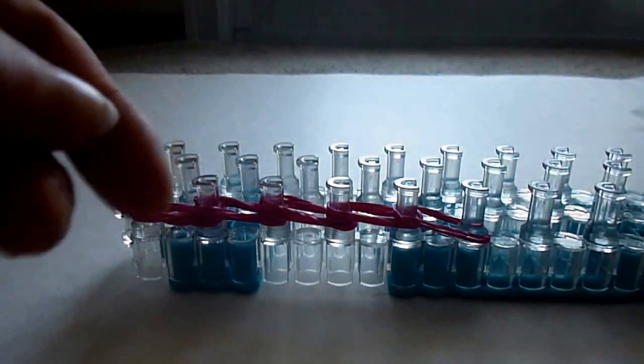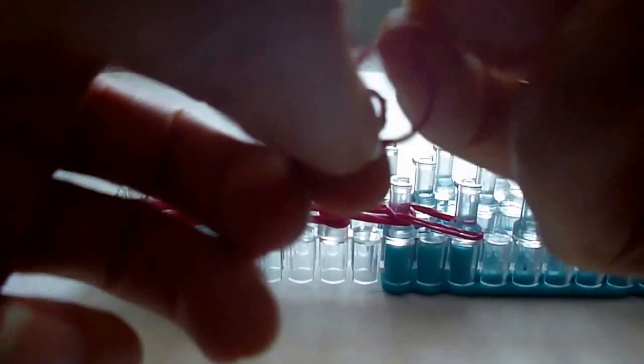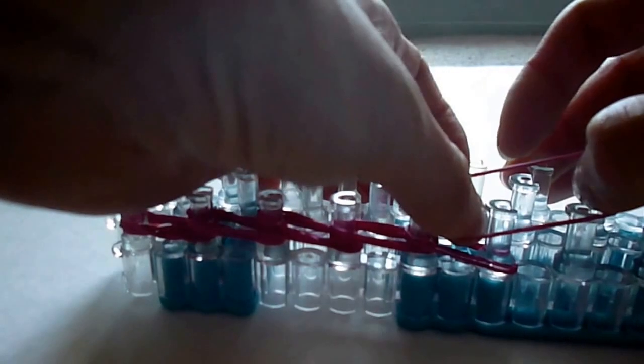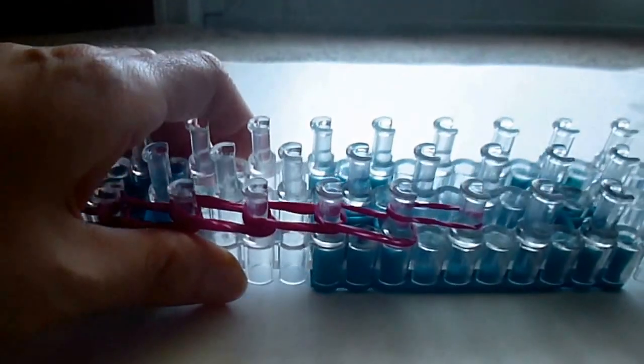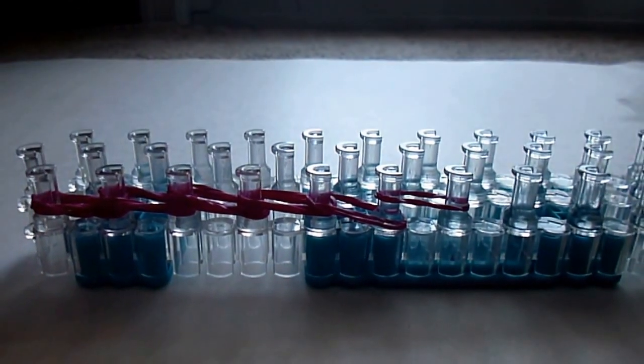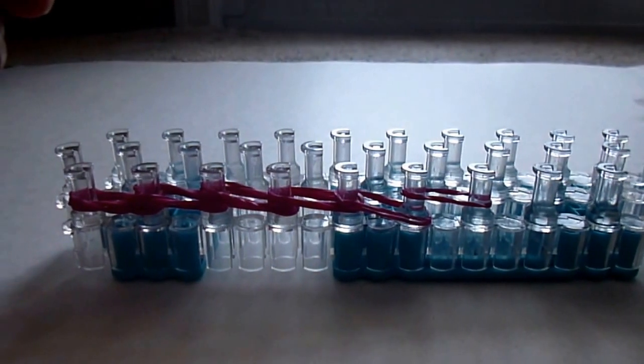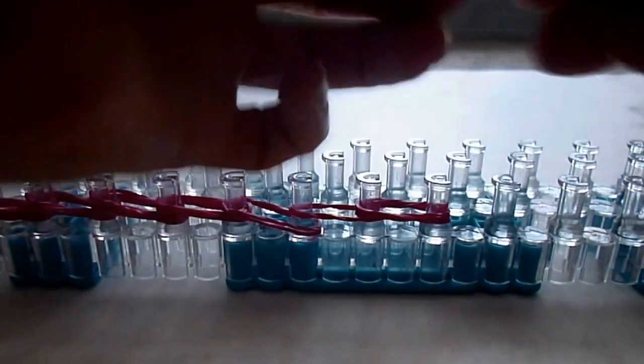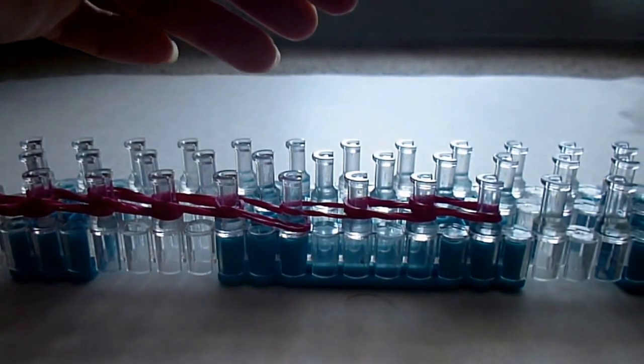And we're going to take a single band, double it over. I should mention this is the bottom part of the leg we're looking at. We're going to be extending this shortly. Take a single band, twist it, double it over, and bring it onto the next peg down. And we need 3 sets of 3 bands. So take 3, place them down, and another 3, and another 3,